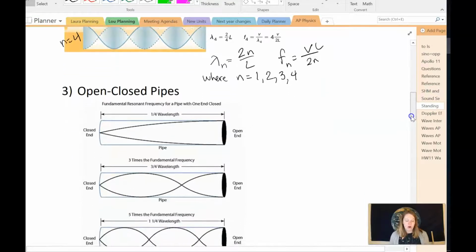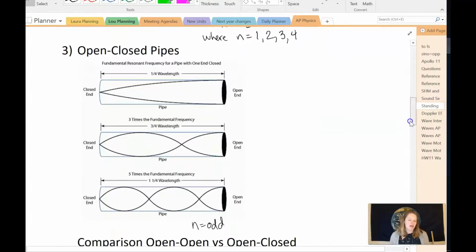Now, pipes that are open at one end but closed at the other end have a very different symmetry. They don't have symmetry, really. They have a node at one end and an antinode at the other, so the geometry is pretty different. I have this bottle here. So this would be an example of a pipe that's closed at one end, open at another end. Similar to your classic